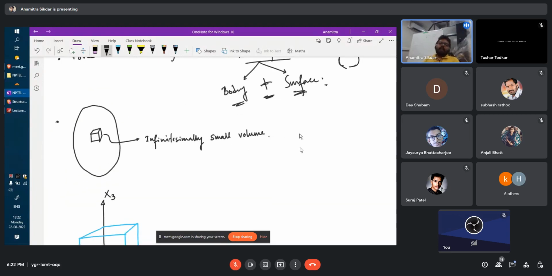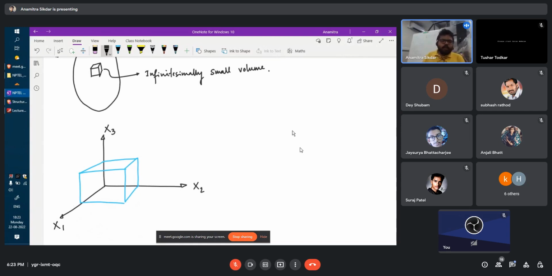So if we have an irregular body like this, how will we calculate the stress of this whole body? The usual approach is that we consider an infinitesimally small volume of the object, and from that we calculate the different components of stress. All right. So if some kind of force is exerted on this body as a reaction, what will happen is that,